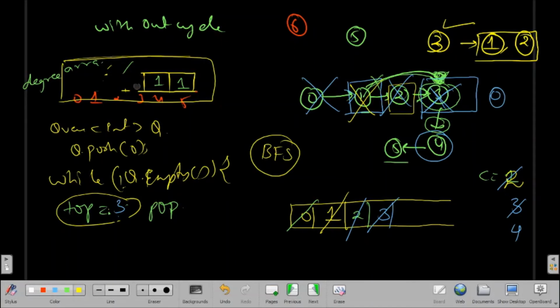This is deleted, course completed, and here I'll change it to 0. Again I'll check if 0 is there. Yes, it is there. So I'll add it to my queue, that is 4 here, and also maintain 4 in top, and I'll pop. While popping I'll increase my count value to 5.